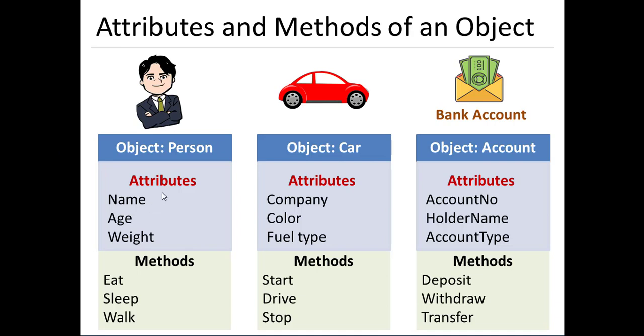Now let's say suppose there are 10 different objects we have, like person 1, person 2, person 3. For person 1, this entire thing will be associated. Person 1 will have the methods and attributes. Person 2 will again have the methods and attributes. Person 1's methods can access the data of only person 1. Person 2's methods can access the data of only person 2. This is how that will be associated, this is how encapsulation is achieved, and this is the beautiful feature of object-oriented programming.